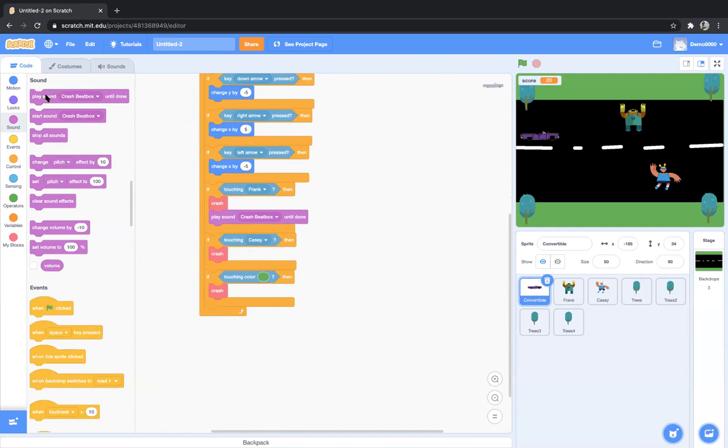Just take this play sound, place it below crash for Casey as well, and the same thing again below this touching color. So whenever the car is touching Frank, Casey, or this green color, this crash beatbox sound would play. Okay.